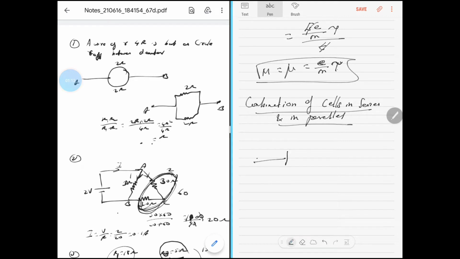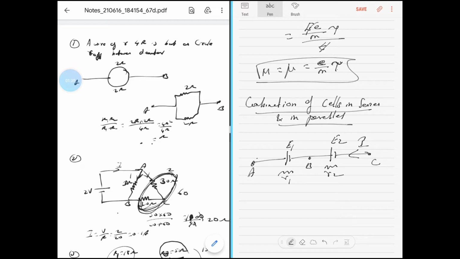So you have a battery here, that you have two cells connected in series. Basically you have a resistance R1, this has got a resistance R2. This battery is of EMF E1, this is of EMF E2. Suppose let's name this point as A, this point as B, this here as C. Supposing a current I is entering from C to A, it's the same current that's going to flow through because the entire arrangement is in series.